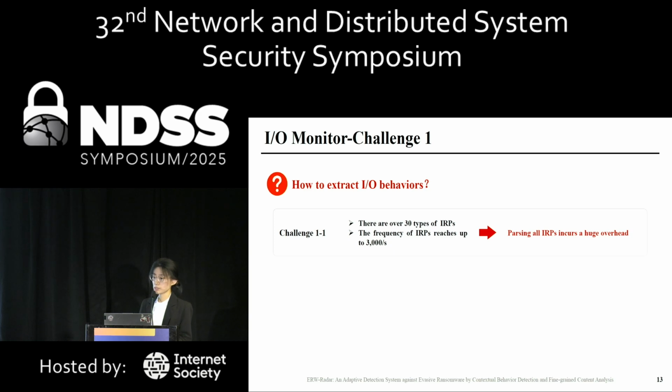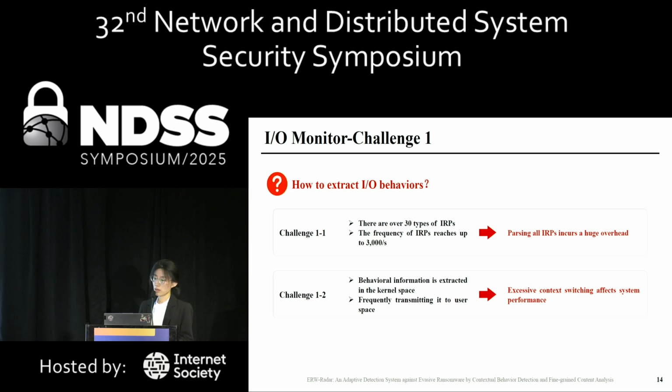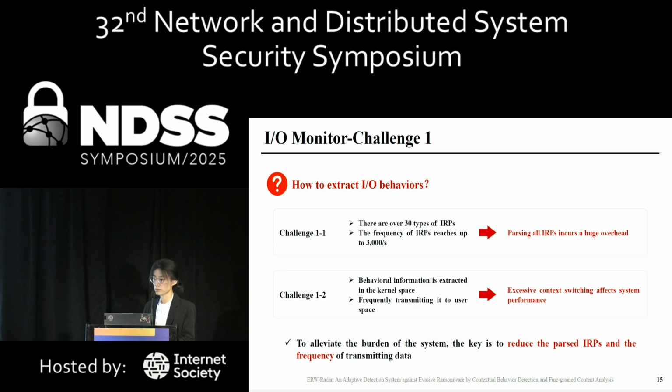First, our solution to extract I/O behaviors is to parse IRPs. However, there are over 30 types of IRPs, and the frequency of them reaches up to 30,000 per second. This indicates that parsing all of them incurs a huge overhead. Additionally, behavior information is extracted in the kernel space, so frequently transmitting it incurs excessive context switching. So to alleviate the burden on the system, the key is to reduce the parsed IRPs and the frequency of